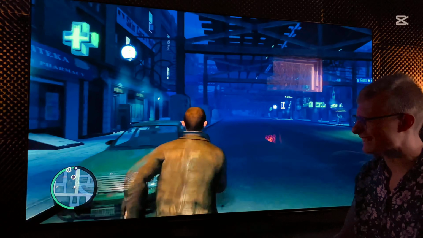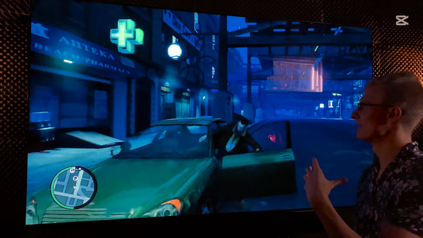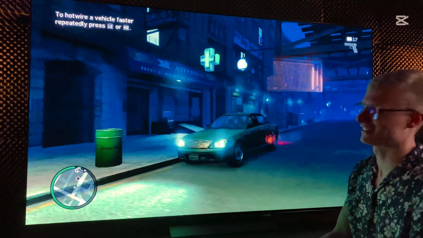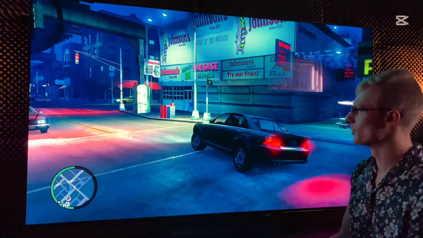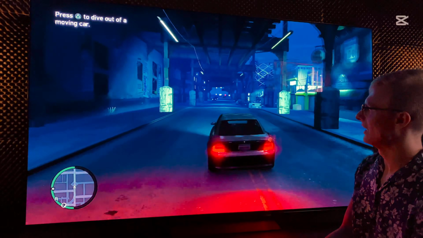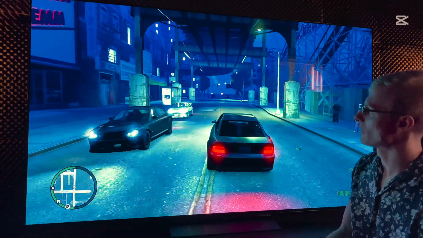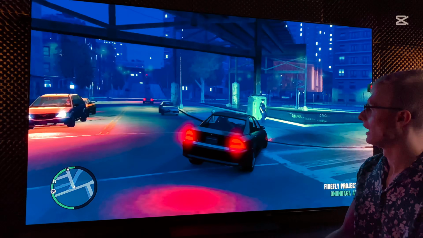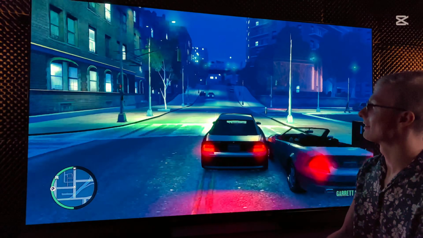The most important thing here is the base frame rate in the game, right? So if the base frame rate in the game is super low, then we're not gonna get super good frame rate either way. But I'm just gonna drive around a little bit here to kind of show you the motion fluidity. And as you can see, it stutters. So the issue with this game is frame pacing, or rather frame times. It's a better way to explain it that way. If the frame times are not stable and they are jumping all over the place, the game will still judder even with motion interpolation. However, I can tell you, man, it does look higher resolution, but it does look cartoonified,